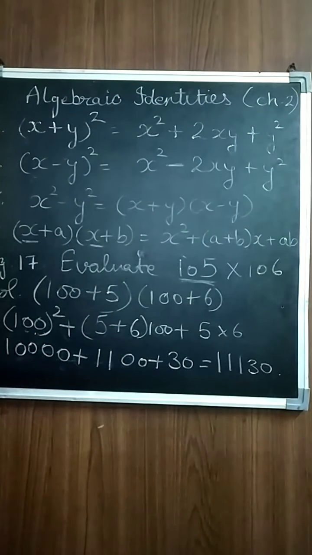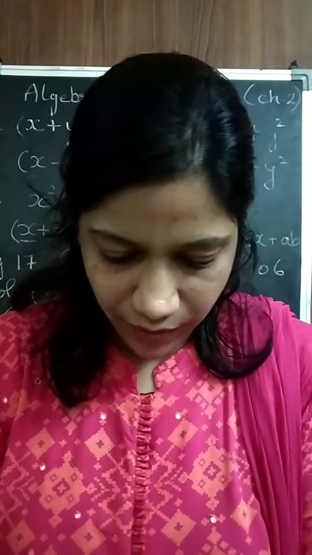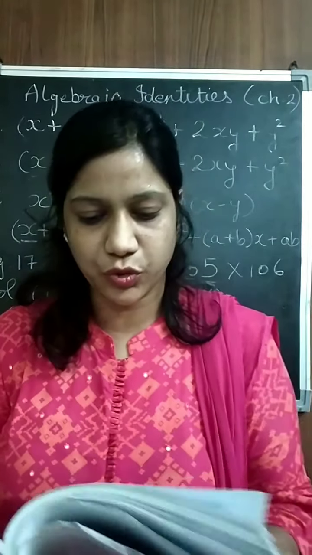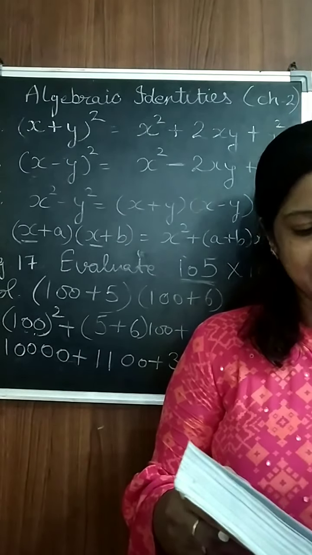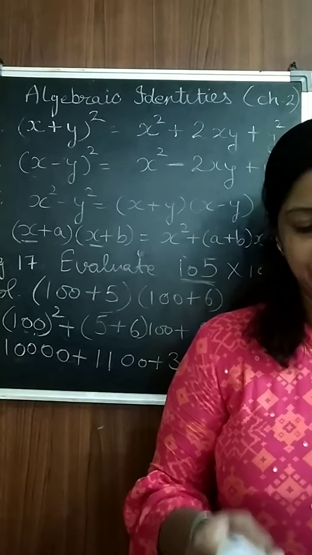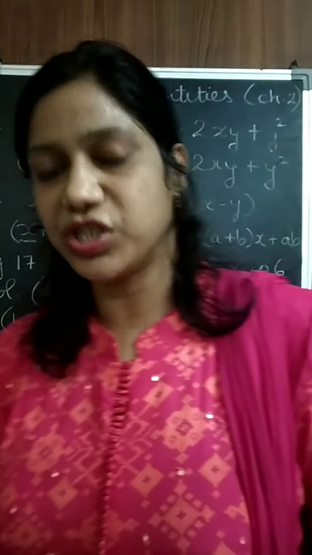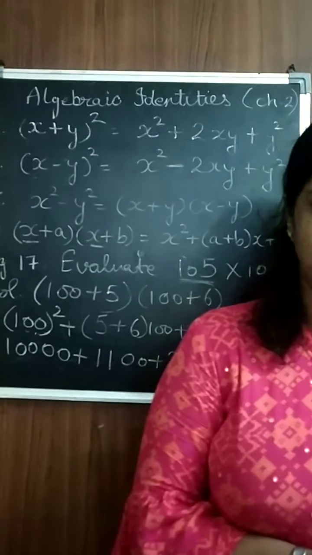So in this way, you can easily do the first and the second question of exercise 2.5. You have to do all of both questions. The first question has 5 parts, the second question has 3 parts. You have to